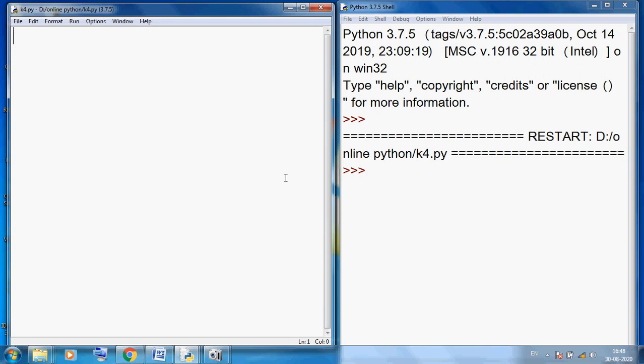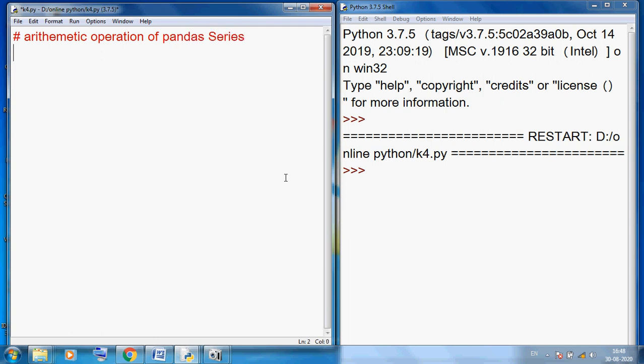Okay, so arithmetic operations of Pandas series.